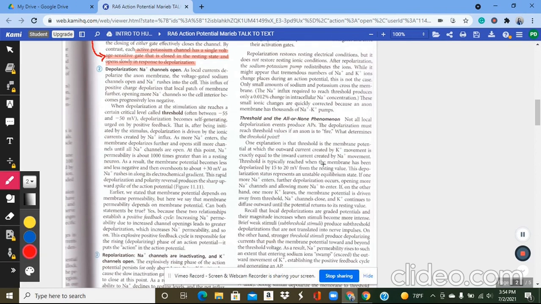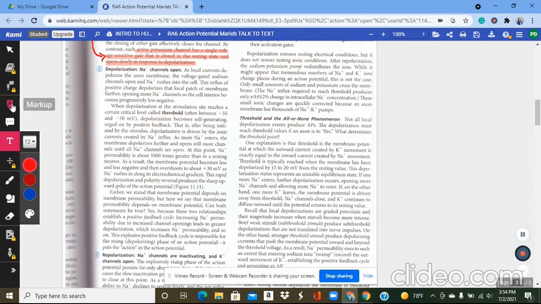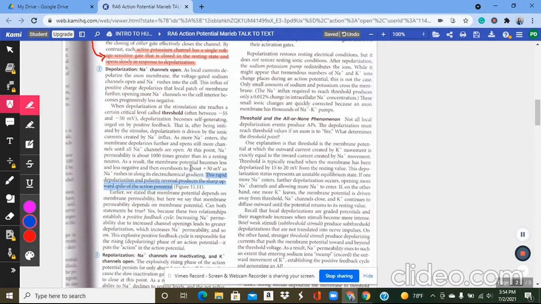At this point, sodium permeability is about 100 times greater than in a resting neuron. As a result, the membrane potential becomes less and less negative and then overshoots to about positive 20 millivolts as sodium rushes in along its electrochemical gradient. This rapid depolarization and polarity reversal produces the sharp upward spike of the action potential. Okay, before we move on to the second paragraph, I want to highlight some important key information that I've learned in this paragraph. First,